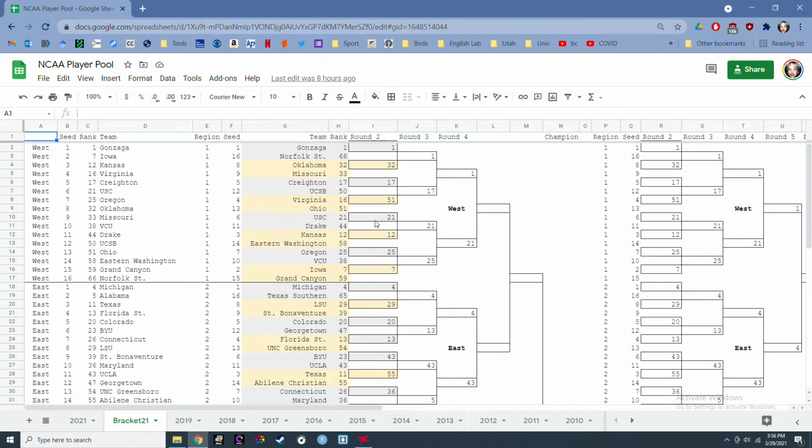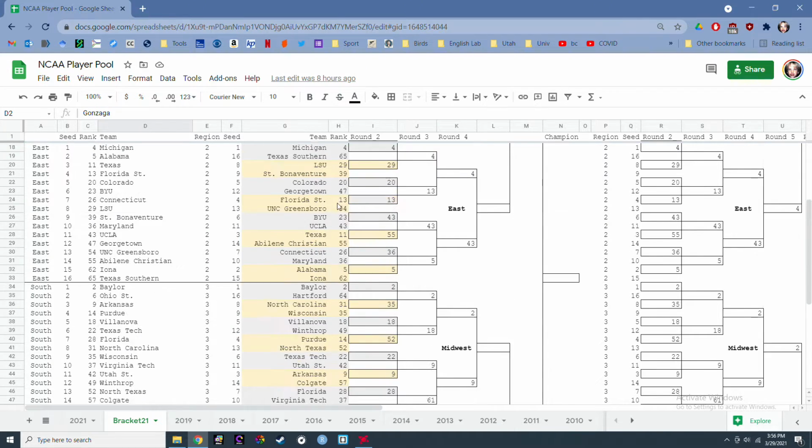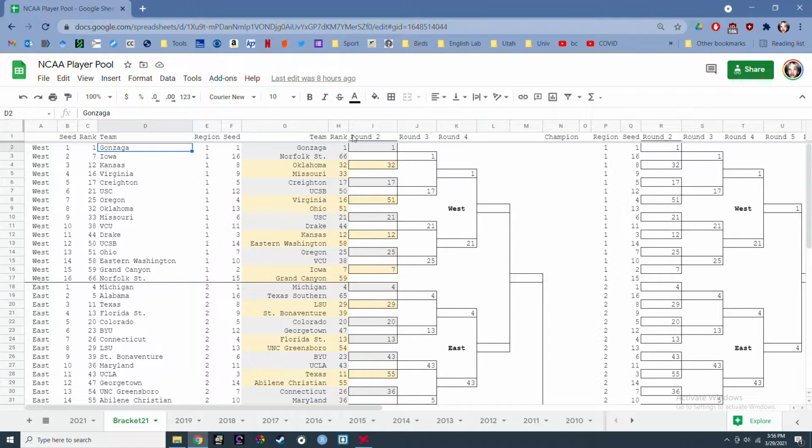I have a bracket going for the current tournament, and I just set it up with all of the seeds for each of the four regions. So here are the seedings given. When the selection committee announces their bracket, they also announce their rankings 1 through 68, so we have the rankings according to the selection committee. Of course, Gonzaga has been ranked number 1. I have this spreadsheet that's been turned into this bracket, and I assign each of the teams their respective rating according to the selection committee.